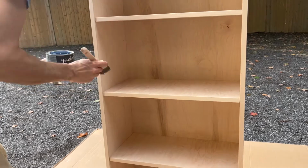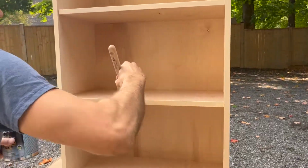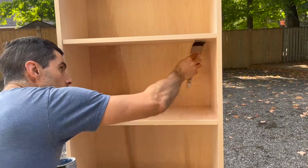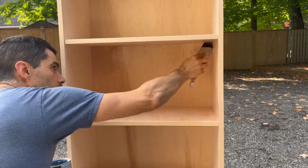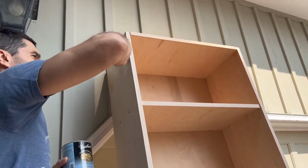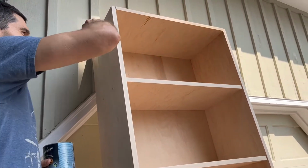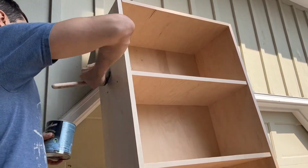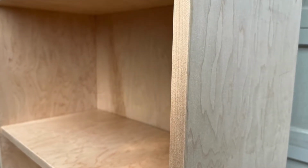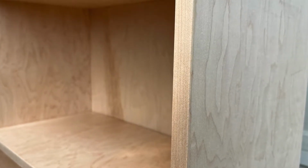Once the bookcase was assembled, we did apply 2 coats of polyurethane to help protect the wood from any sort of scuffs, as we are using this more as storage rather than a bookcase, applying both inside the shelves and to the one side that's going to be exposed in the closet. It's important to apply this in a well-ventilated area, as this can be quite toxic. So here you can see the difference between the unpainted on the right and the polyurethane 2 coats on the